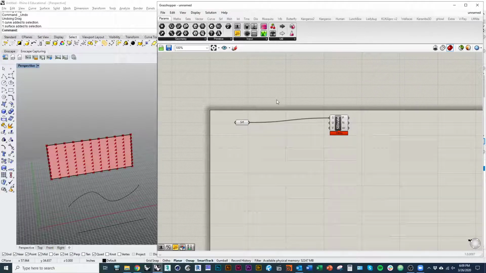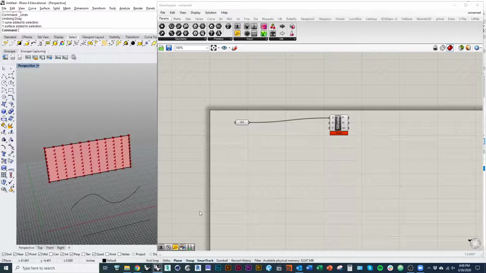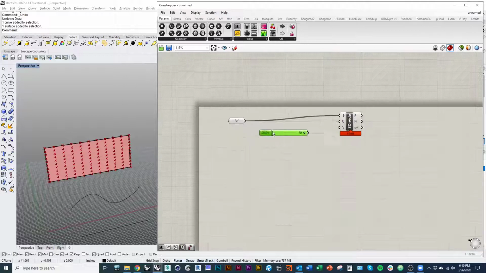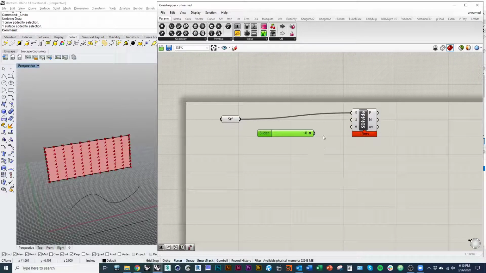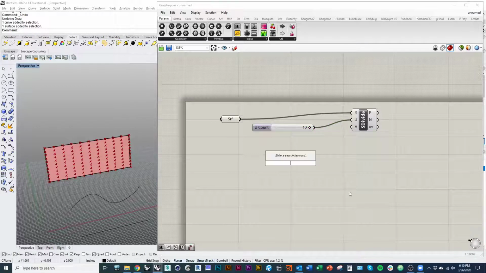Now, one of the quick ways to make numbers, of course, is the number slider. Let's say we don't want to start with the default values, but we want to start with a specific number. I can just type in the number in Grasshopper and press enter. Grasshopper will automatically create a number slider with that number. I'll plug that into the U. Let's say I wanted to divide by 15 in the V direction. I'll just type in